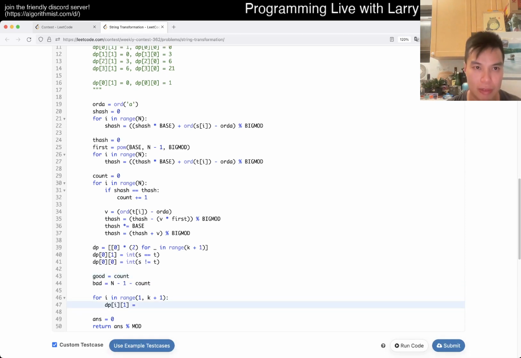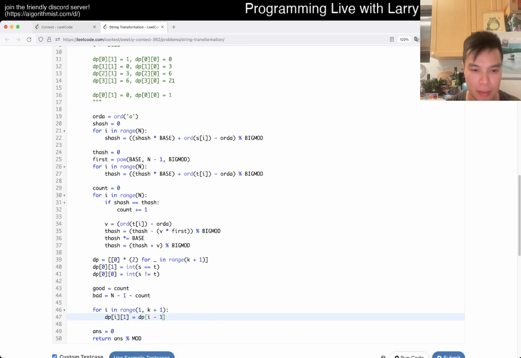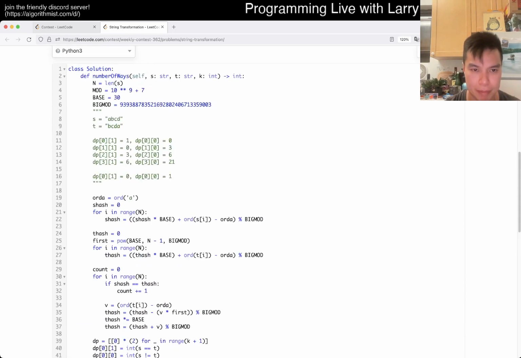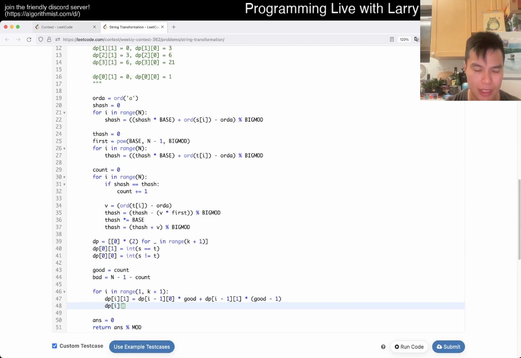Okay. So then now, if it's good, it's equal to minus 1 of 0 is number of wrong ways times good. And yeah, plus number of good ways times good minus 1. Right? Because it cannot be 0, right? So if it's already good, it just cannot choose the 0. So I think this is the actual thing. I think I messed up on the other one, but maybe. I should have kept my brute force code, but I think I guess I know the answer for that one, but